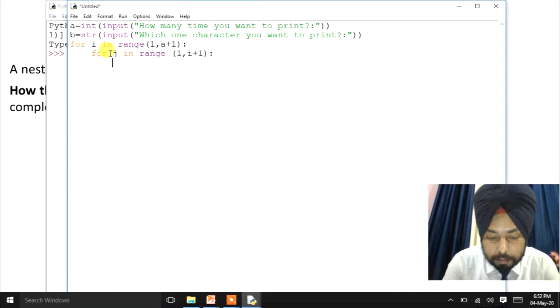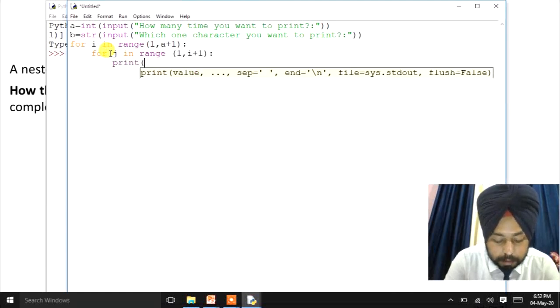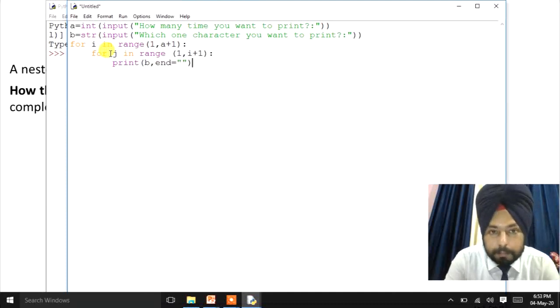Now we'll print a message here: print b comma end equals to colon. Right? Now again we'll use here print.